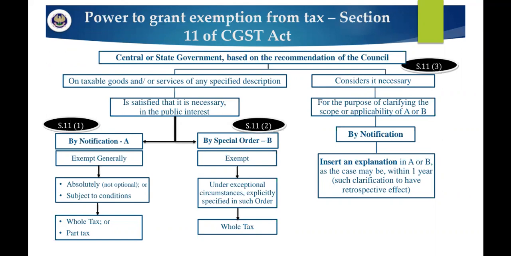And such clarification is to have a retrospective effect, right? If they don't do the clarification within 1 year, it will have a retrospective effect. Means automatically the person is going to get an exemption if it is not done within 1 year. So it is a bounded duty of the GST Council to do the clarification within a specified period of